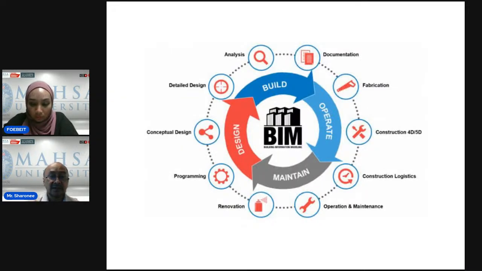So as you can see from this graphic, the use of BIM can benefit various areas, because you can use BIM software for analysis, for documentation, for fabrication of building elements or parts, and even to monitor the construction's progress, to simulate the construction stages, and also even after the construction, for maintenance purposes,